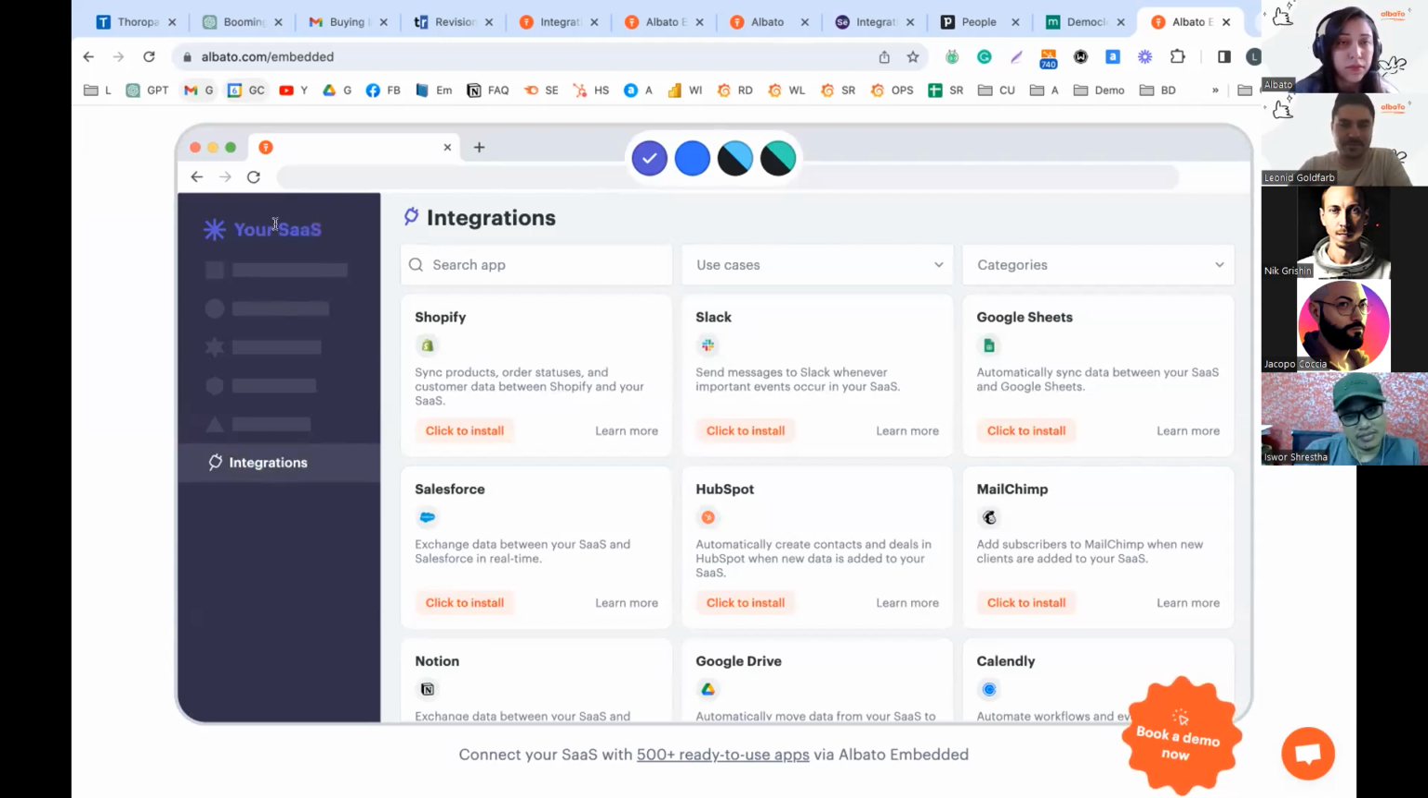You might have a CRM, or email automation software, any SaaS. And of course, at some point you run into a situation where you need a lot of integrations, and you need to make them available for your customers. That's a hard nut to crack, because you would need to develop them, you would need to